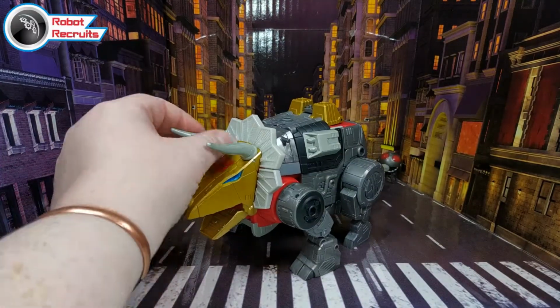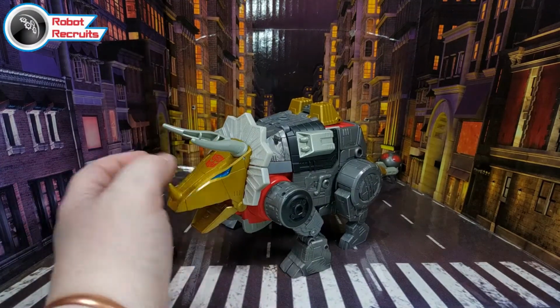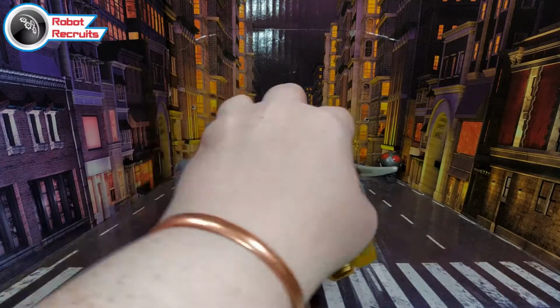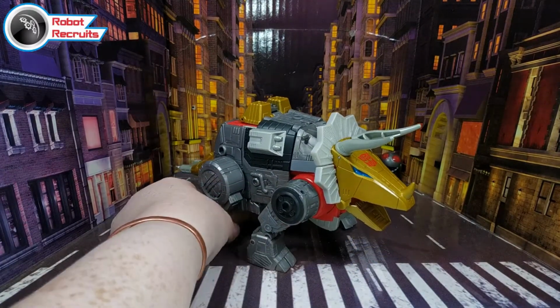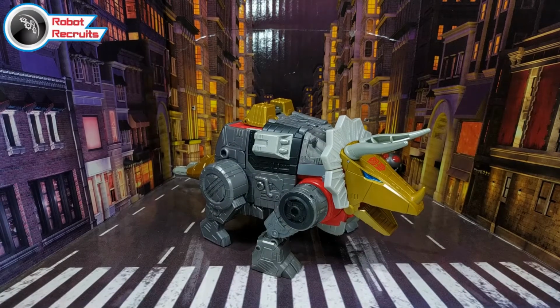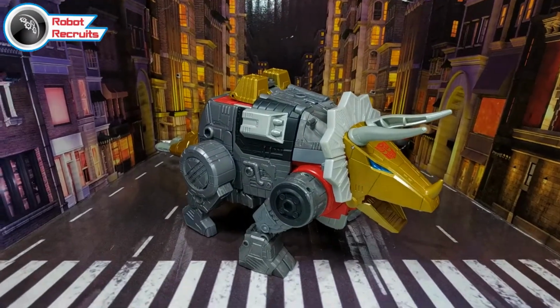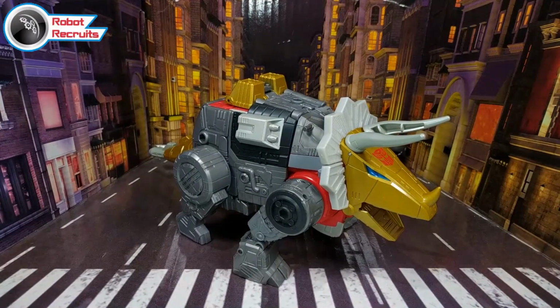So I'll be doing something about that. I don't know, maybe shove some milliput in it and just repaint them. But otherwise, he's pretty good. His robot mode is okay. I don't like that floating head. That's really stupid. I don't know how they ended up like that. But they did. The Daniel figure, that's...